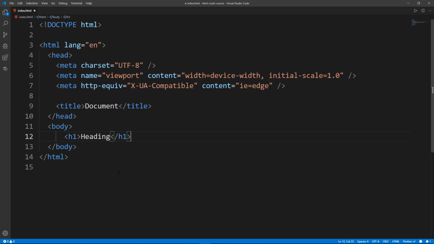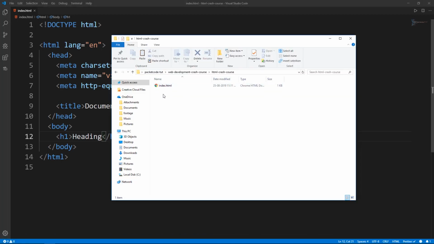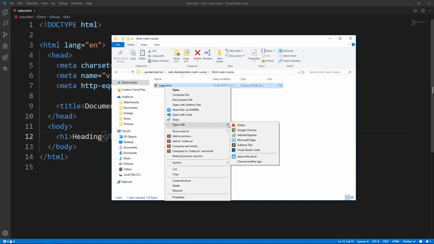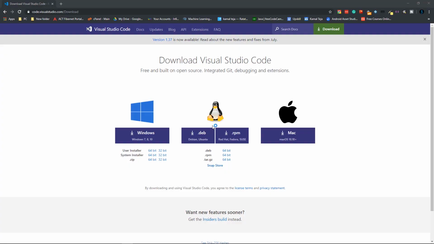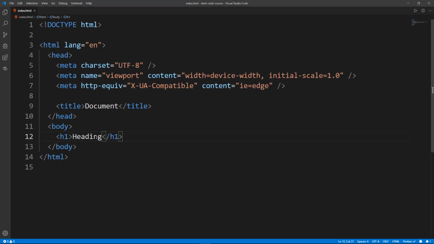So let's save this. Okay, so let's save the file first. So we have an index.html file, right? So let's do one thing. Open a file explorer. In that you will have the index.html file, right? Saved it. So you can right click and open with Chrome browser. So I'm going to open it in Chrome. So as you can see, we had the heading here. So whatever I have typed here, this heading